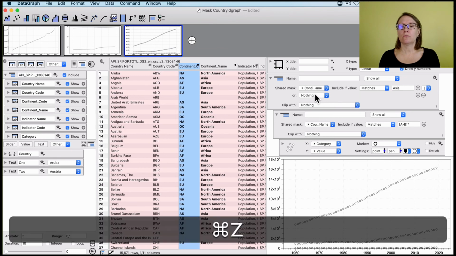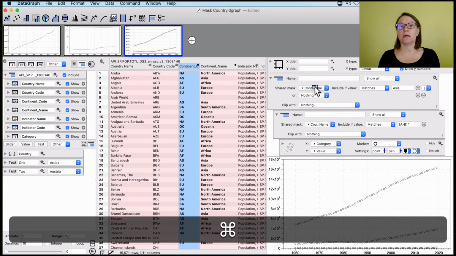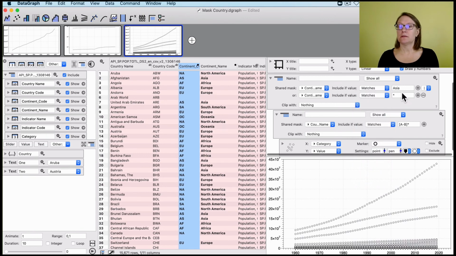So let me just show you that one more time. I click on this menu, or hold the command key, click the menu. You can see that floating icon, and I drag it and drop it. So I don't have to keep selecting these things over and over again. I can have this match another continent,